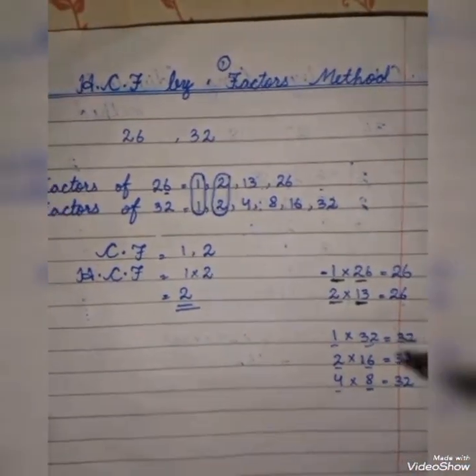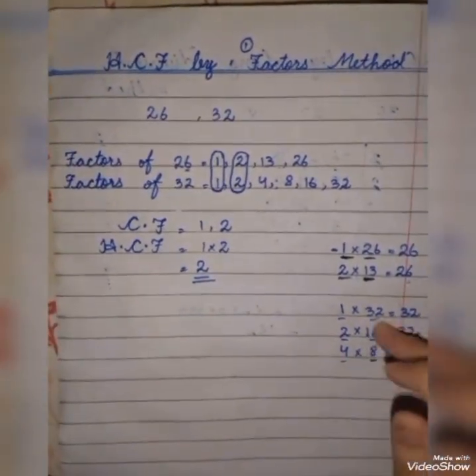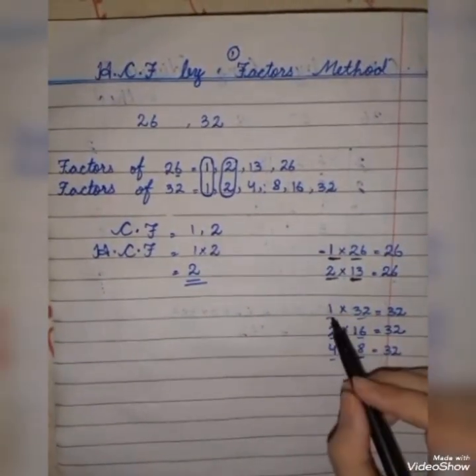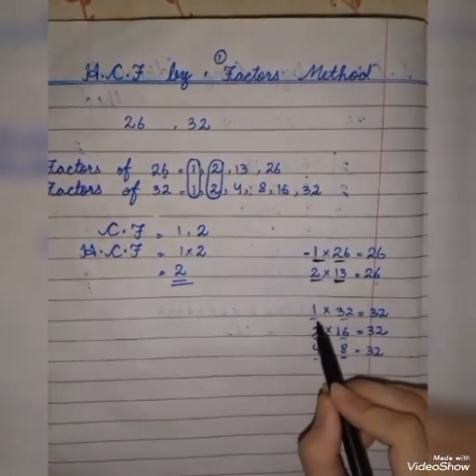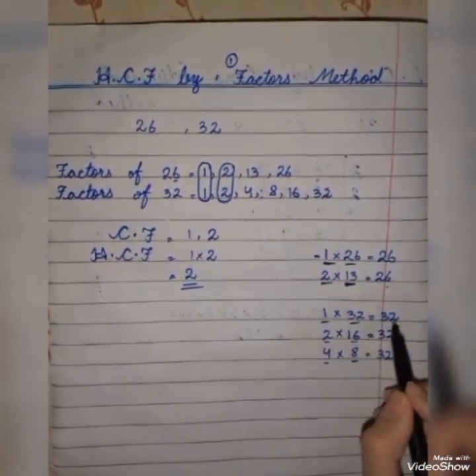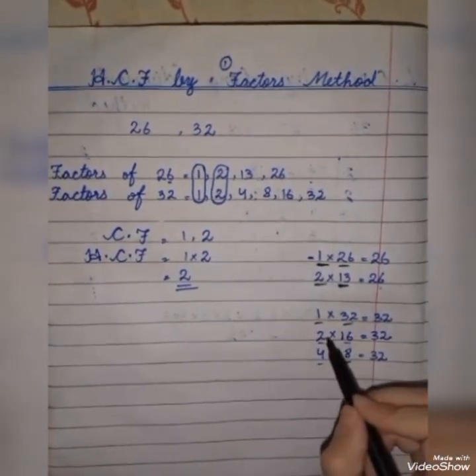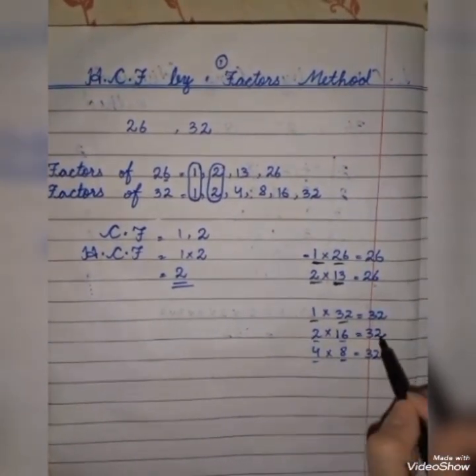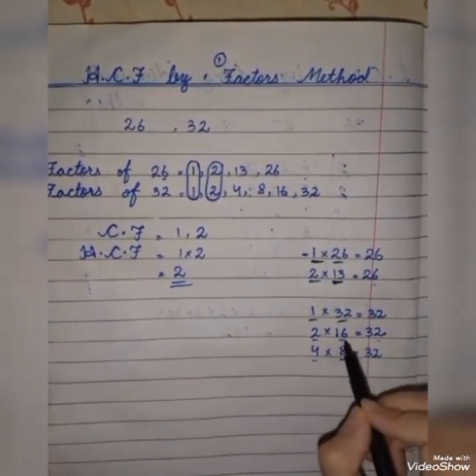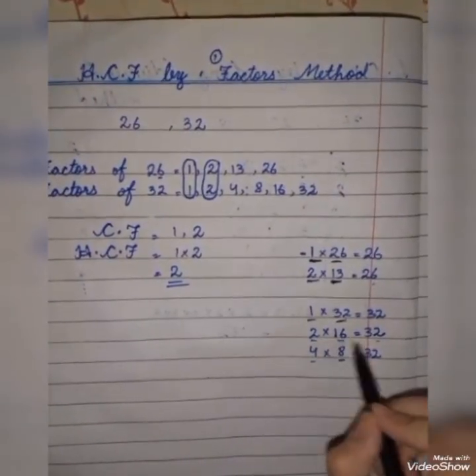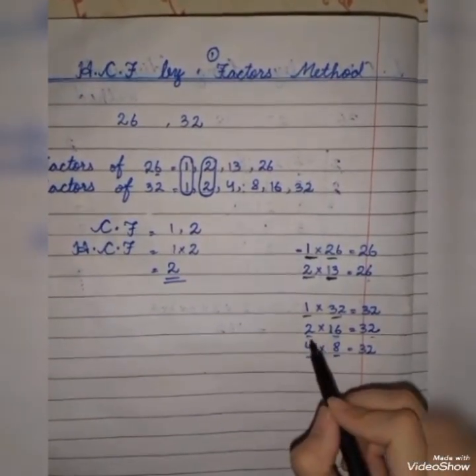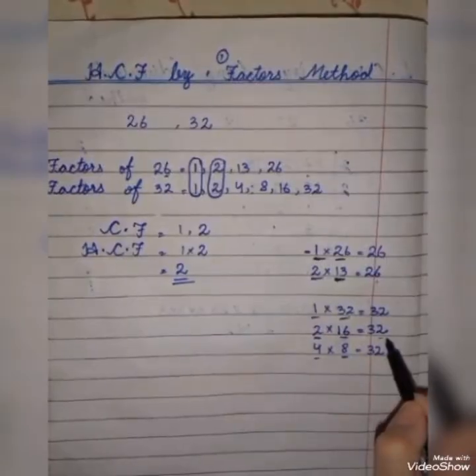For finding the factors of 32 we just do the same method as in the table of 1. 1 32s are 32, so both 1 and 32 are the factors of 32. And then we come to the table of 2. As 32 is an even number, 2 16s are 32. 2 and 16 both are the factors of 32.